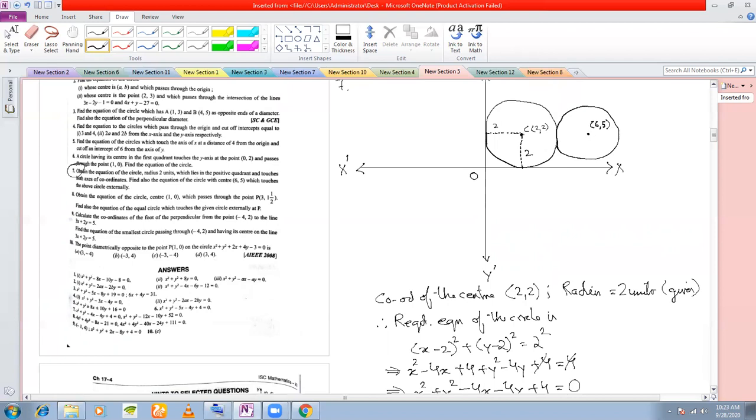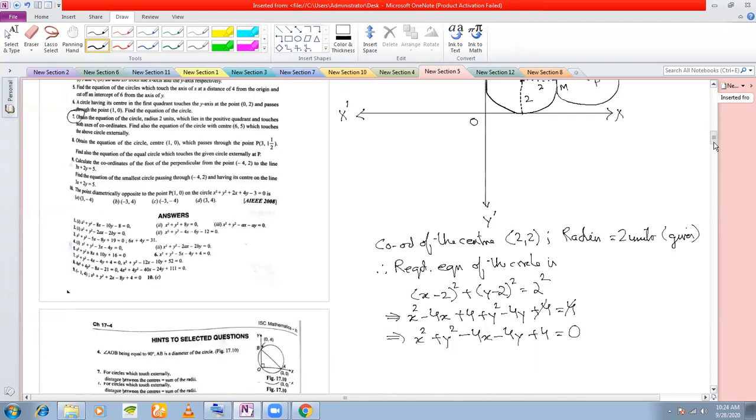Now see, first of all, you can calculate the distance. Let us call this point P. You can calculate the distance CP by the distance formula. Also, you know the radius is 2 units. Therefore, you can get this radius. Let us call the point of contact M. So first of all, I'll find out the distance CP.